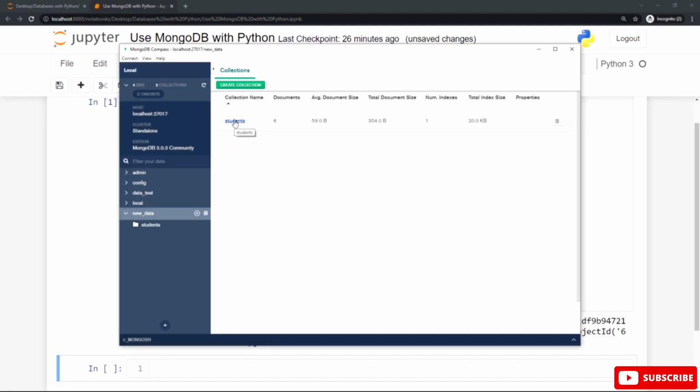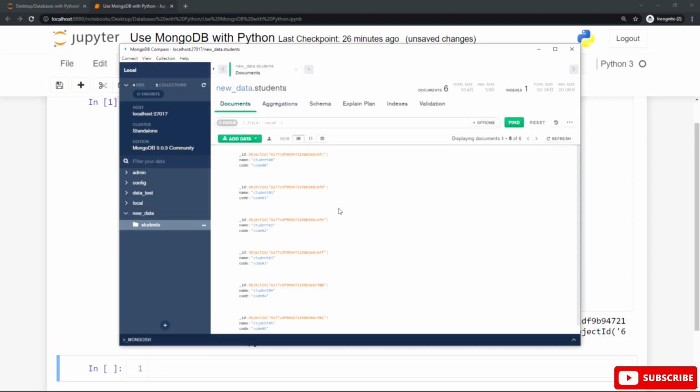Open it, the students collection, and you can see our documents here, each document with the ID number, the name, and also the code. And you know what, you can change the ID number for any document. You can change the automatic ID numbers to any numbers you wish. Let me show you that. Let's change the ID numbers for these documents to unique numbers.